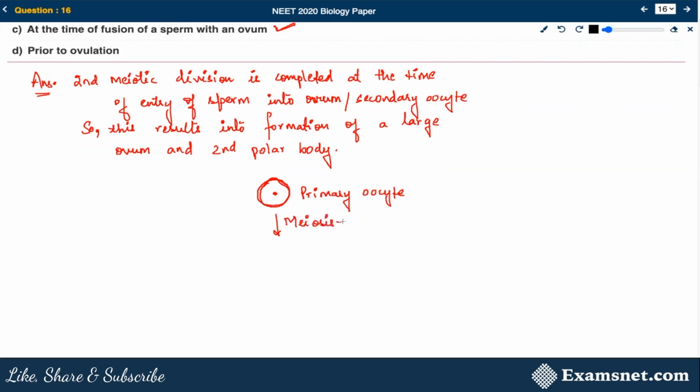So this undergoes first meiotic division, and it ultimately leads into the first polar body and along with the larger secondary oocyte. So this is the first polar body, and this is actually an unequal division. Remember, this is an unequal division, and this is secondary